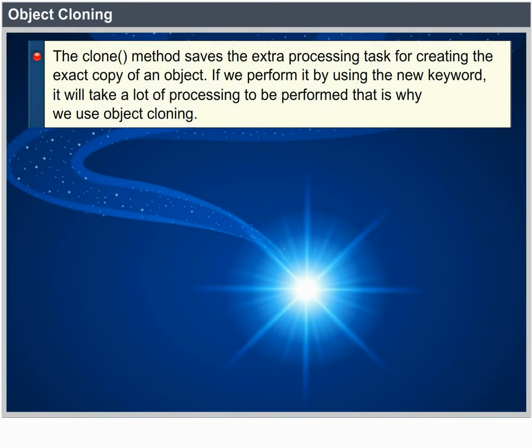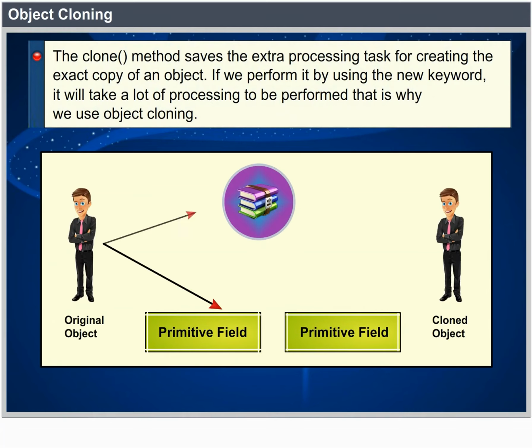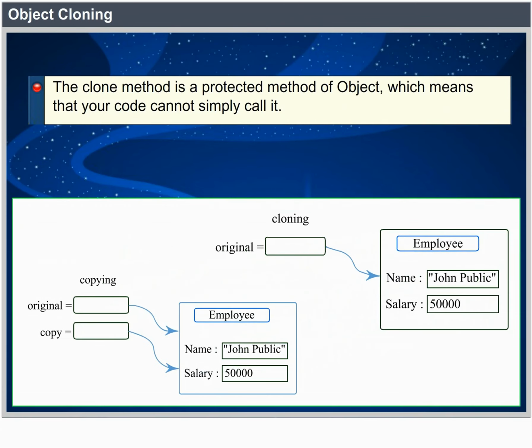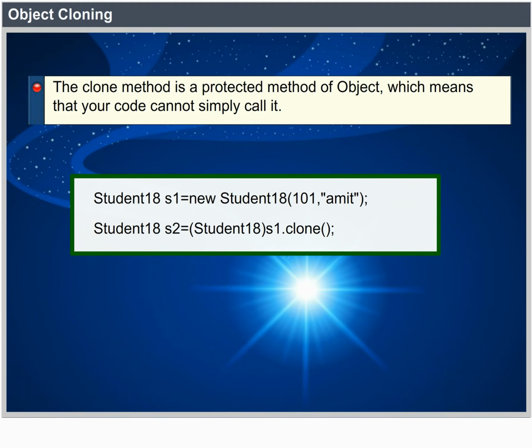Object cloning. The clone method saves the extra processing task for creating the exact copy of an object. If we perform it by using the new keyword, it will take a lot of processing to be performed. That is why we use object cloning. The clone method is a protected method of Object, which means that your code cannot simply call it. Student s1 = new Student(101, "Amit"); Student s2 = s1.clone();